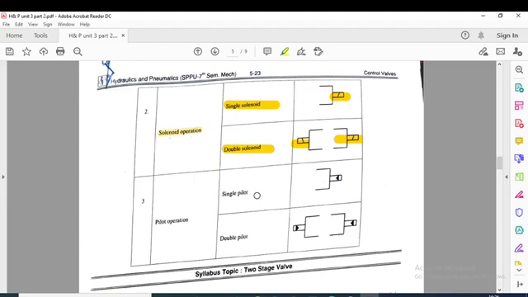A pilot operated valve. You know that these pilots are just used to reduce the manual effort, so we name it a pilot operated direction control valve. Here you can see this is the single pilot operated direction control valve, and this is the double pilot operated direction control valve here.